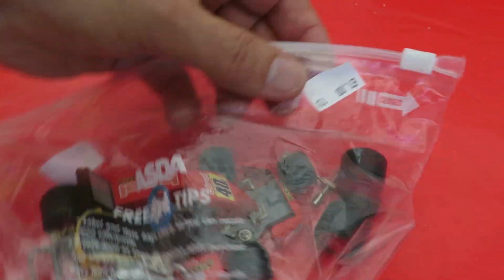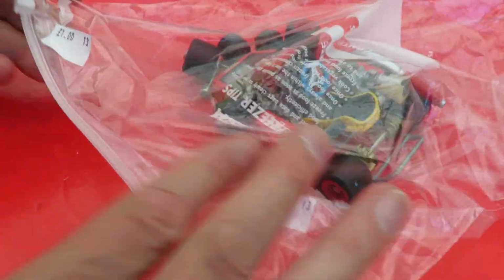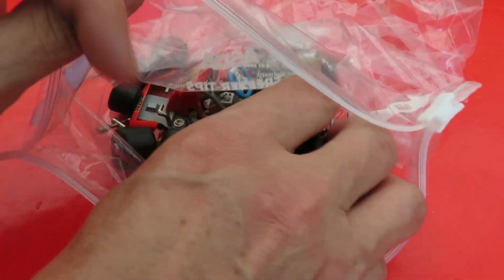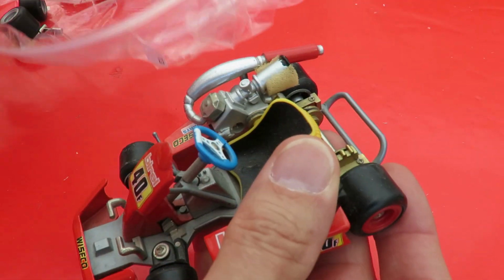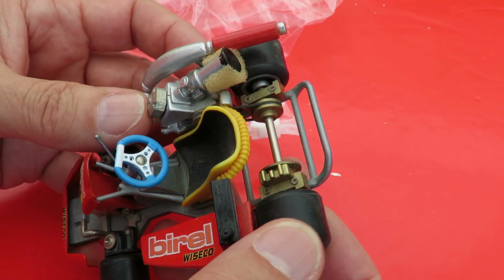Hi guys, another charity shop find. Cost me £1. I had to buy it because I was looking at it in the shop trying to figure out whether it actually does anything,